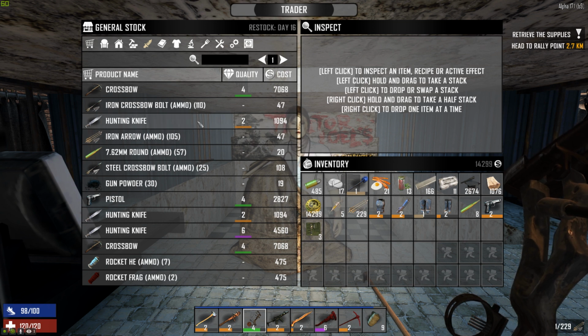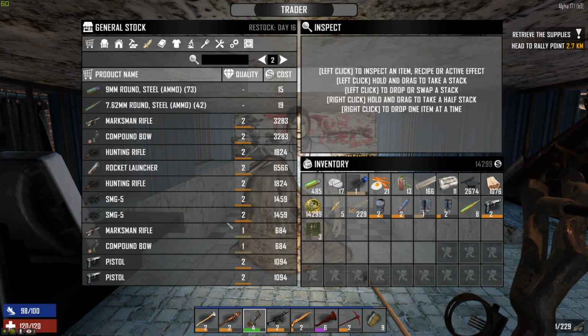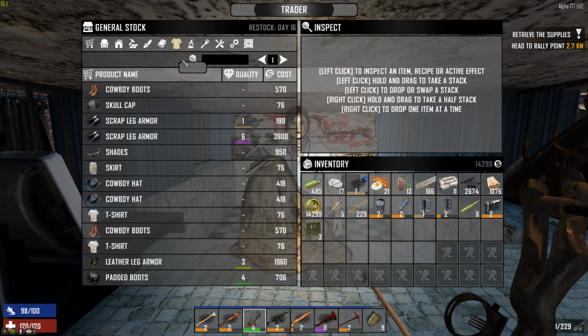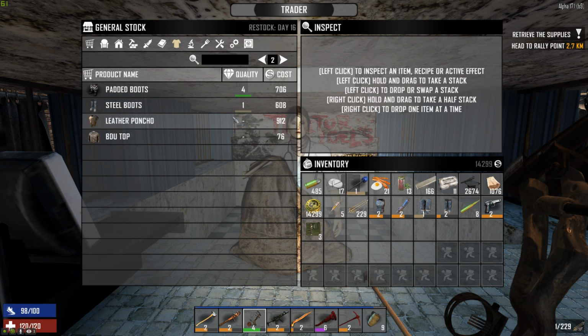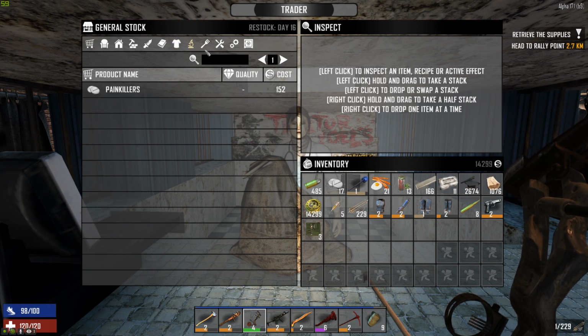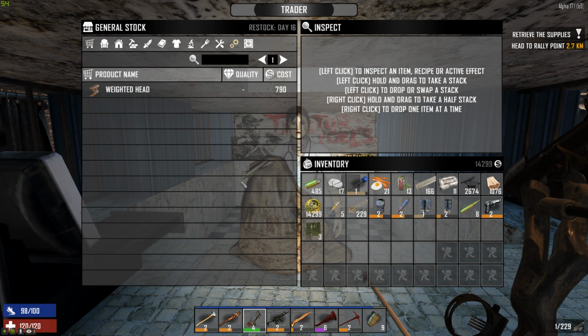I want the hunting knife, but I don't want to pay that much for it. This one is pretty good, but honestly, you don't need a quality 6 hunting knife. You have a lot of mods that you have no other place to put them on. Yeah, sure. But generally speaking...